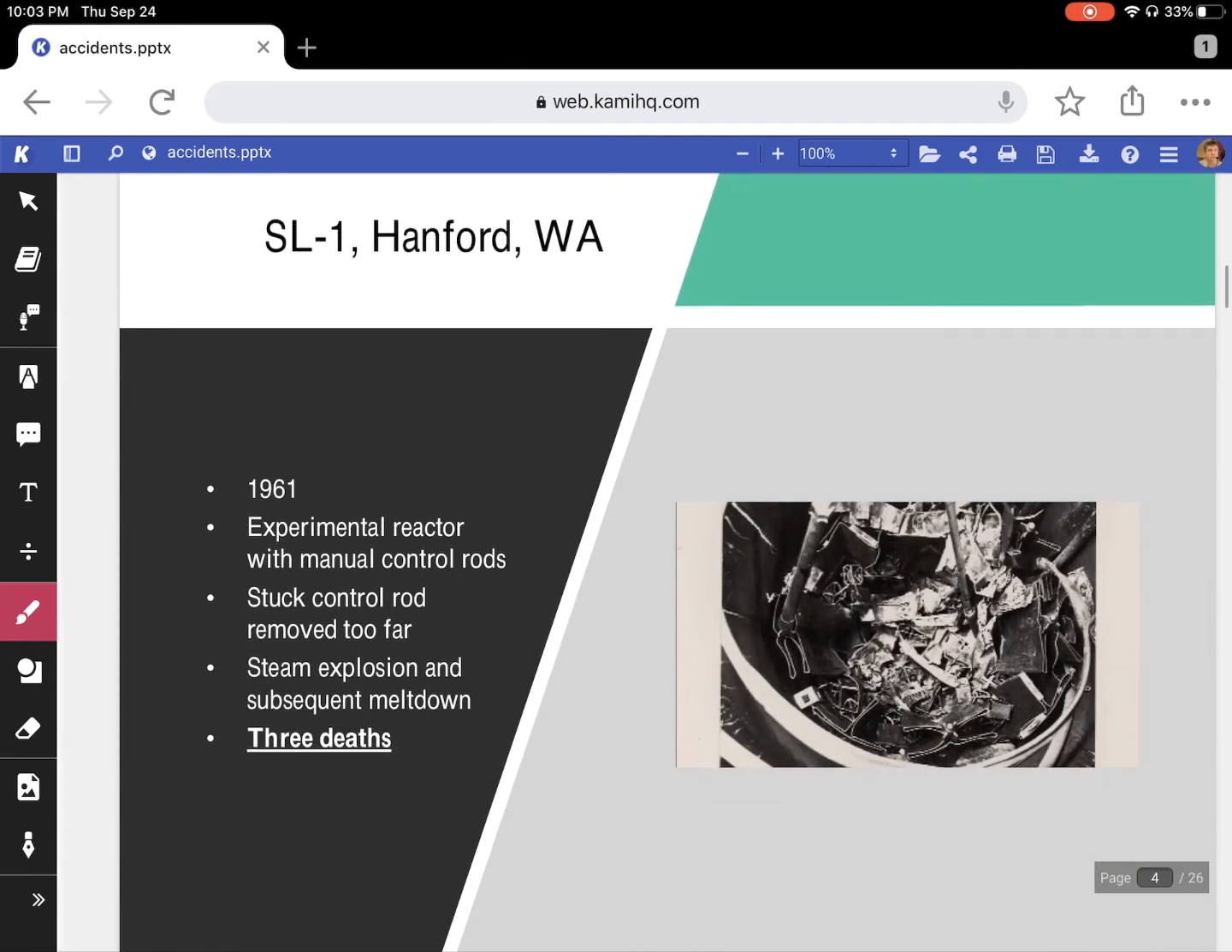The next accident was up in Hanford, Washington, which was the general area. It's this huge expanse of land up in Washington state where the plutonium was made for the Fat Man and Trinity bombs. The SO1 reactor was a research reactor up there, and it was an early reactor. And so to move the control rods in and out,